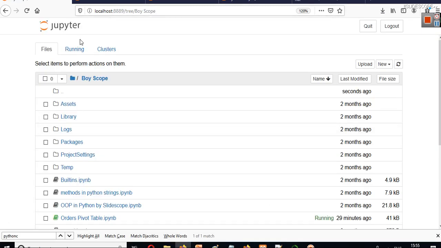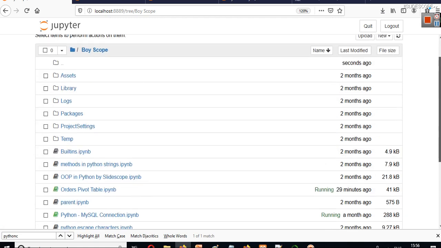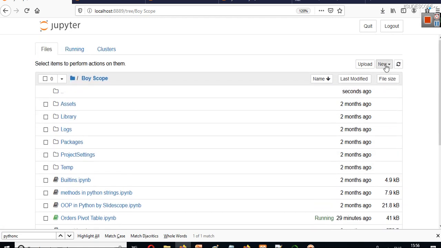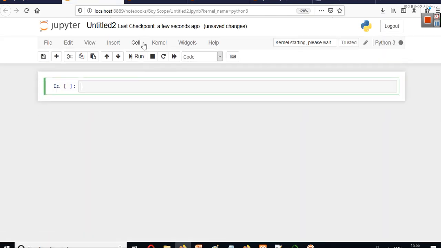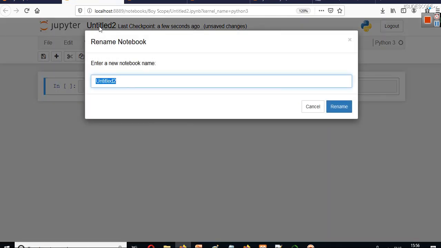In any particular folder you can create a new Python file here. Click on new Python 3 file. It's really easy. You can name it anything, let's say orders pivot table.